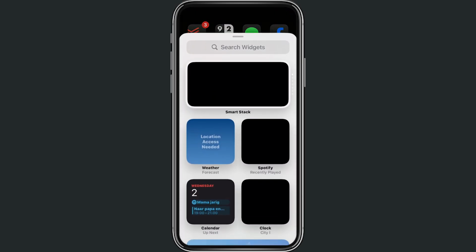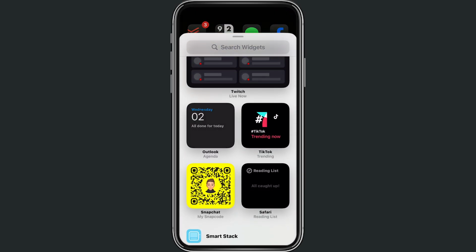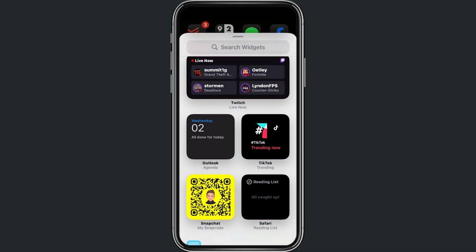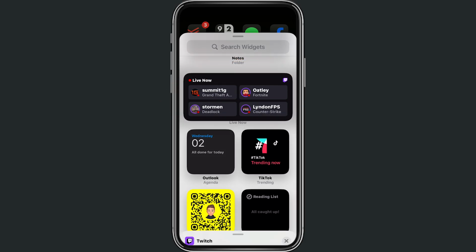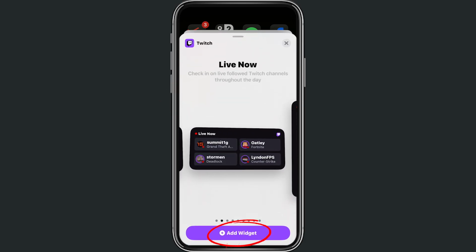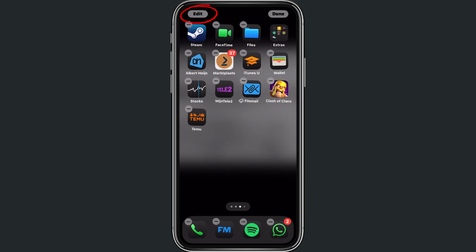Now from here you have a lot of options that you can choose, and now for me, I don't know what I like to choose, but I want this Twitch Live Now option in my widget. So if I tap now on that and then do add widget, I just added a widget just right here from Who is Live. Now maybe if I go to this page just right here and I click on edit